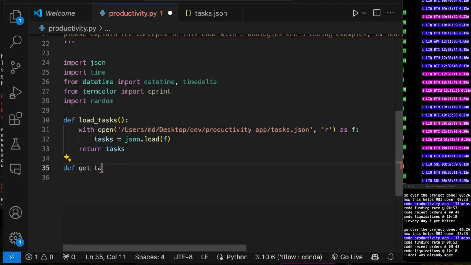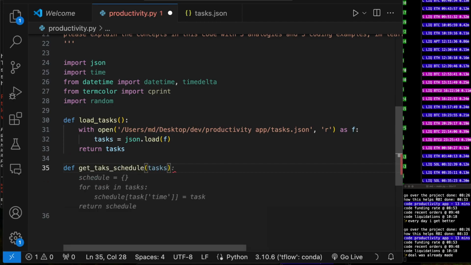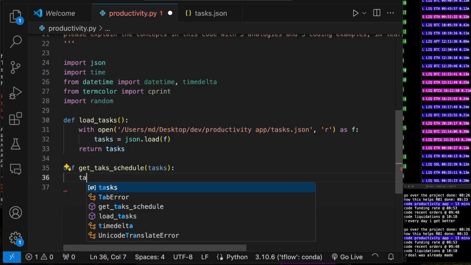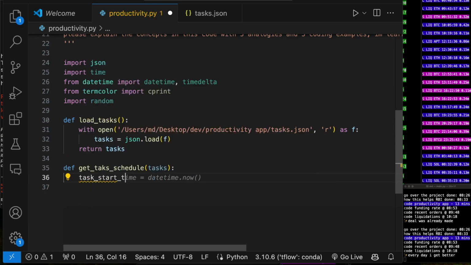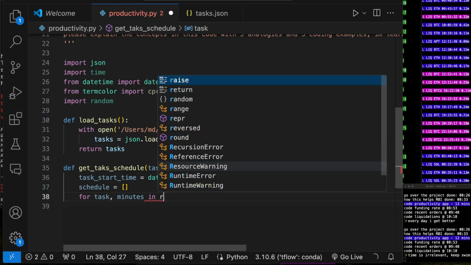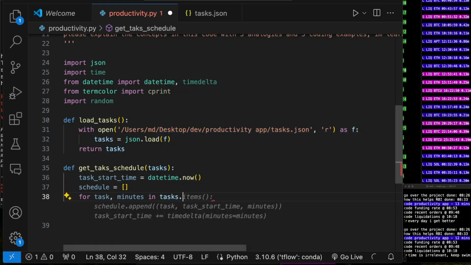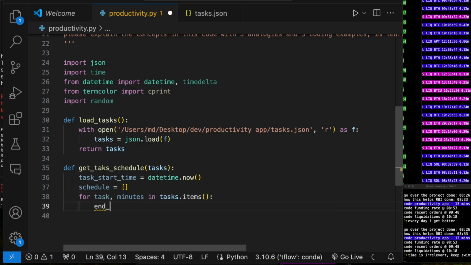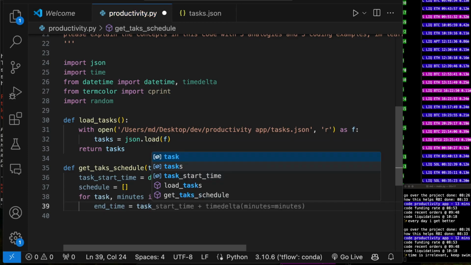Get tasks, schedule tasks. We're passing in tasks, and then we're going to say task start time equals datetime.now, so it gets the time of right now. And then we're going to make an empty list here for schedule and say for task and minutes in tasks.items, so it's getting all the tasks. And then it's going to say end time equals task